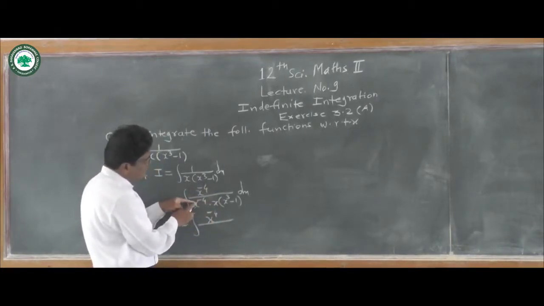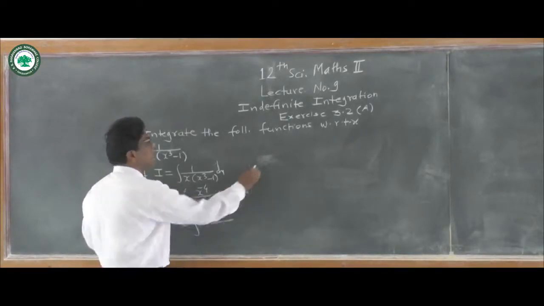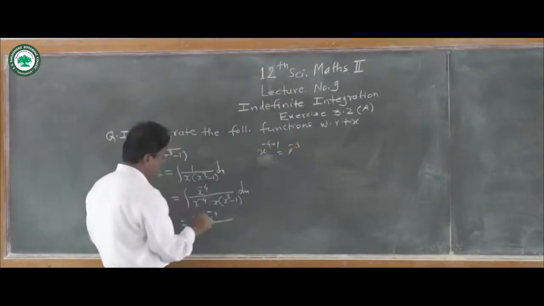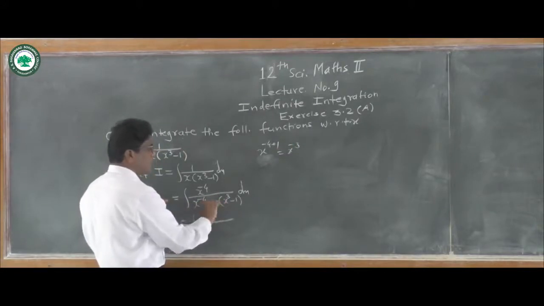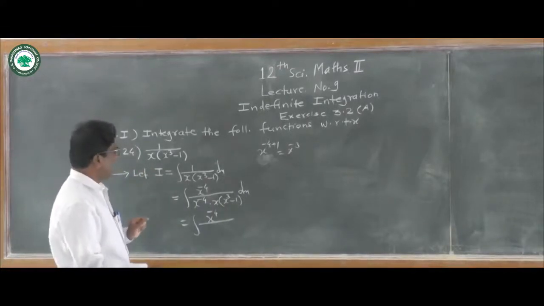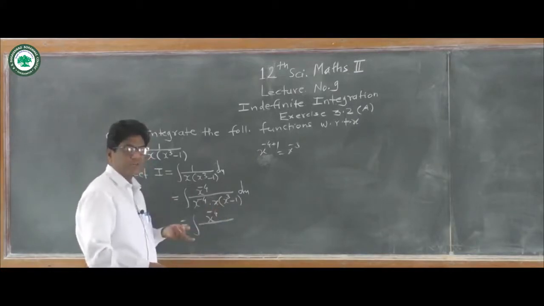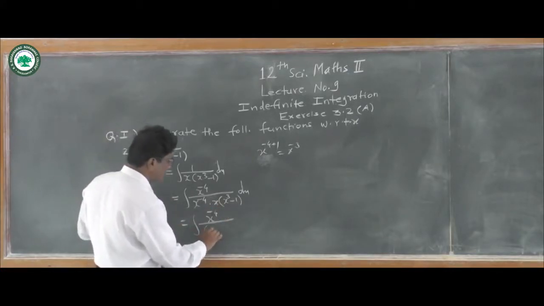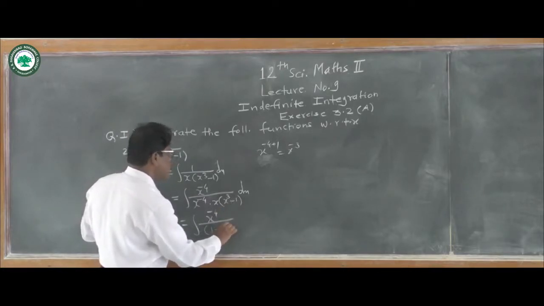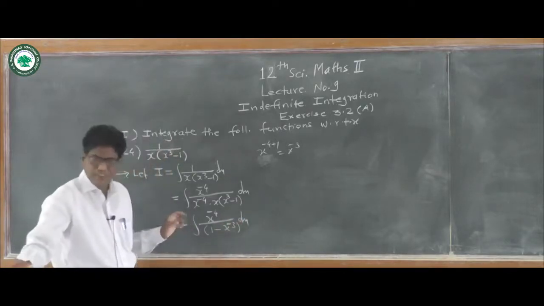Now here x to the power minus 4 into x to the power 1 means x to the power minus 4 plus 1. X to the power minus 4 plus 1, that is x to the power minus 3. So we have to multiply by x to the power minus 3 inside the bracket. And so we get here x to the power minus 3 into x to the power 3, that is equal to x to the power 0, and it is 1. So here it is 1 minus x to the power minus 3 and dx.